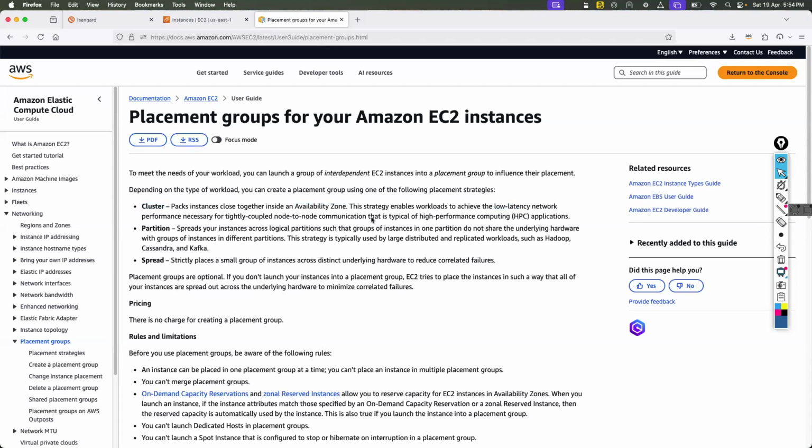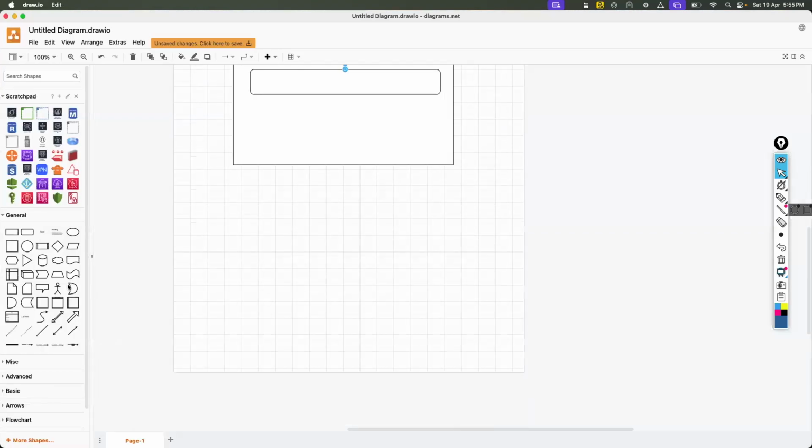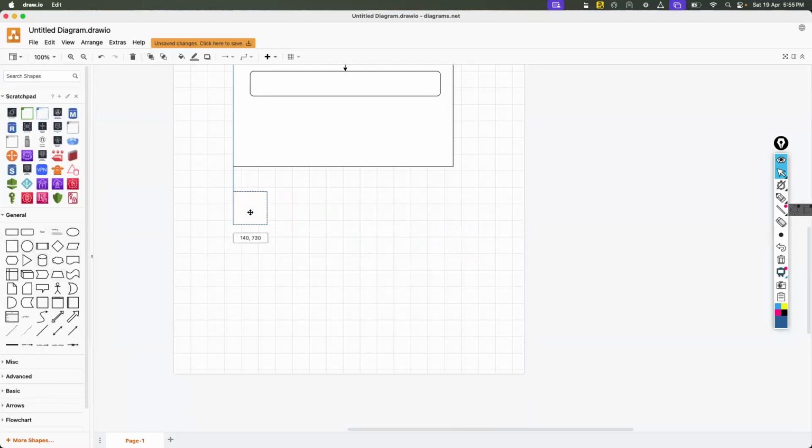Make sense? Yes. There are three types of placement group. The second is partition. If you choose partition, then your instances spread across different underlying hardware, in groups of instances. Let's say I want to deploy certain applications on, let's say, 4 EC2 instances.